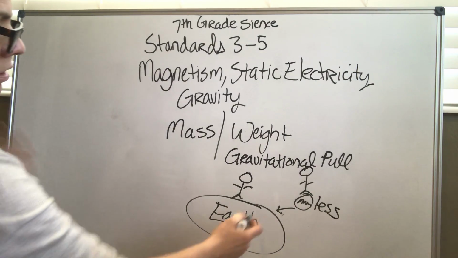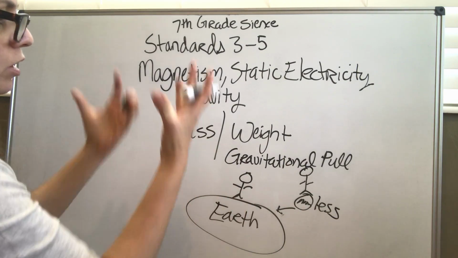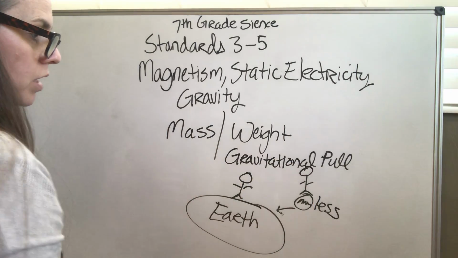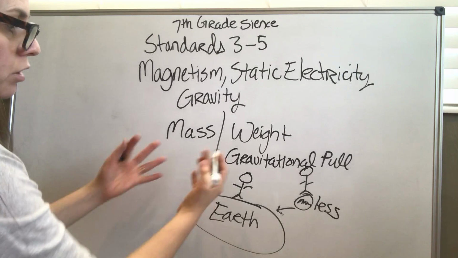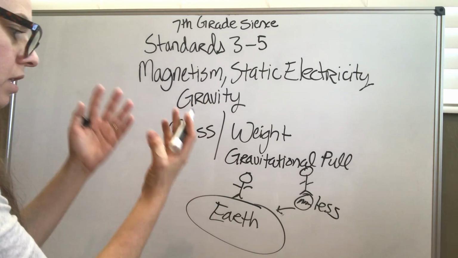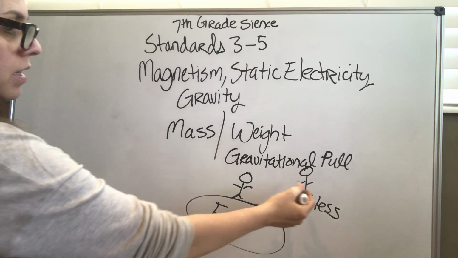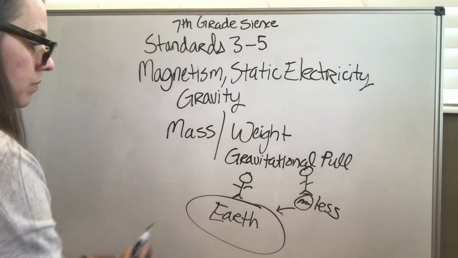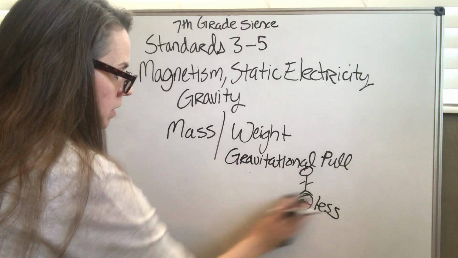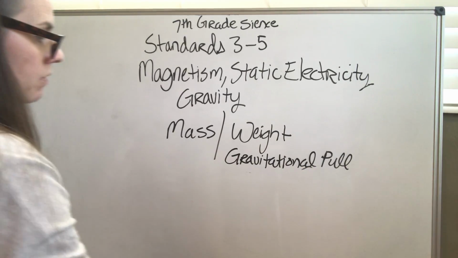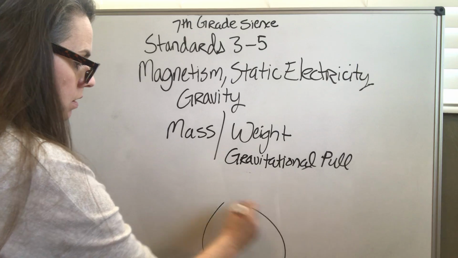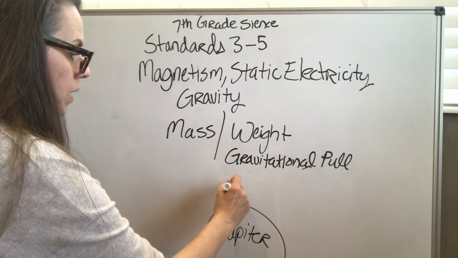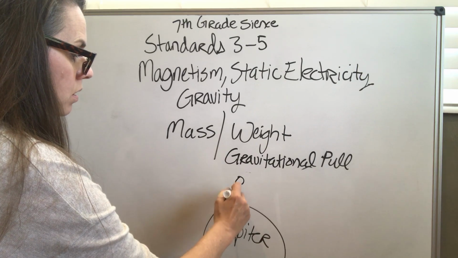That's because larger objects have a greater gravitational pull than smaller objects. So we could say like the Earth attracts us to it even more than the moon would. So we would be lighter on the moon. And Jupiter is even larger than the Earth. So we would weigh even more